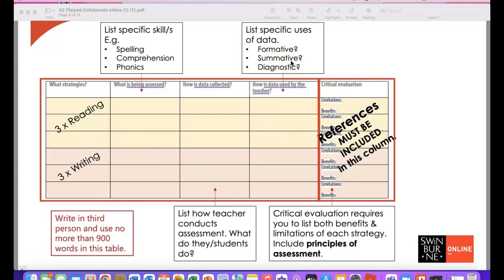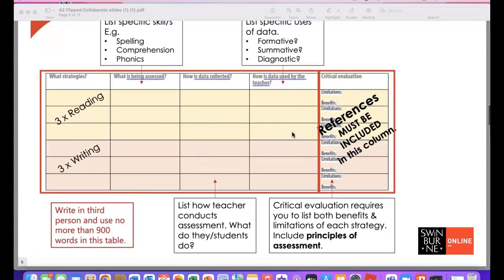Is it formative, is it summative, and is it diagnostic? You might come across a lot of diagnostic testing, particularly in reading, because there'll be things like phonological awareness tests, Dibels, TORCH, Burt Word, running records, FMP, PROBE, all of those sorts of things. There's quite a number of them in reading. So you'll probably come across a fair amount of diagnostic testing in reading, perhaps